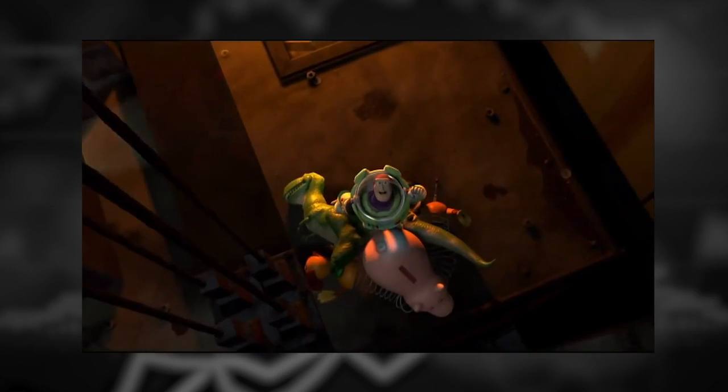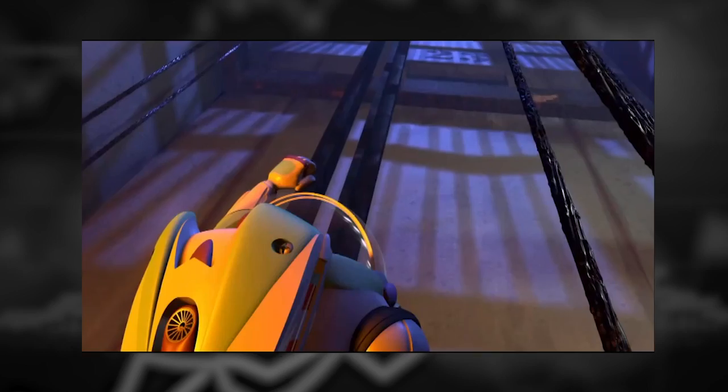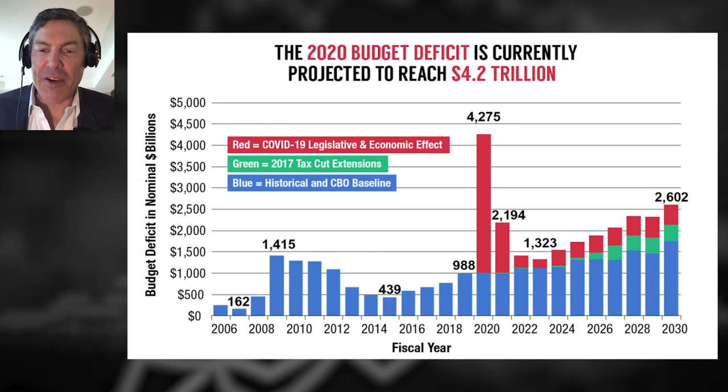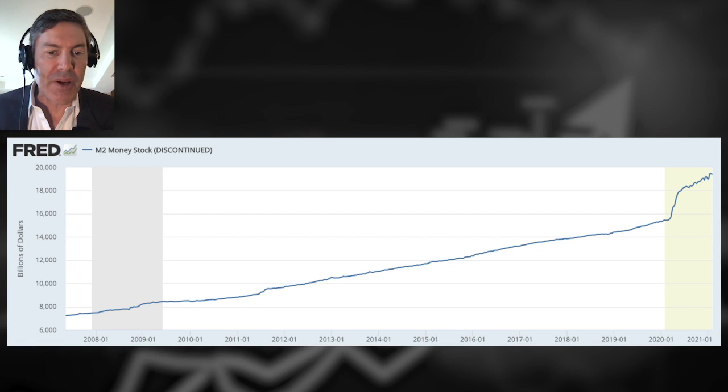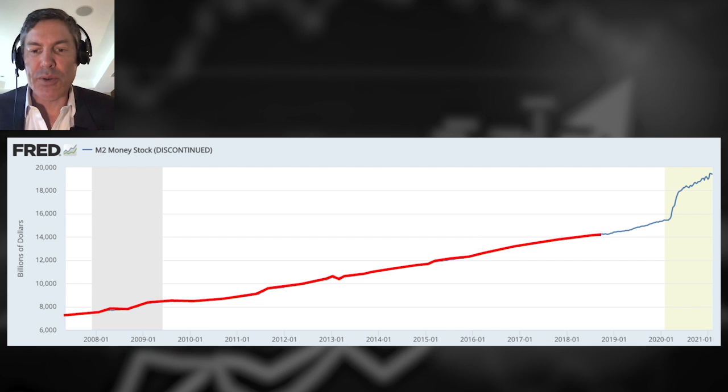To infinity and beyond! So this shows us that the increase in M2 money supply was really a result of the government deficit spending and the Fed monetizing the debt. One other thing that I'd really like to point out that's interesting, let's go back to that chart of M2 money supply. You see it pretty much goes up in a straight line, but the trajectory really doesn't change until we get to the covid sickness in 2020.